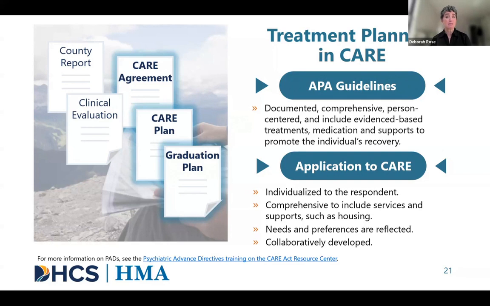The CARE Act, like APA, talks to the person-centered plan, creating a cadre of services that's effective for one person based on their needs, wishes, desires, preferences. Their voice and choice governs what services are ideally included. That could include housing, ideally. Not part of the APA guidelines, but an important consideration for many folks who may be identified for care.